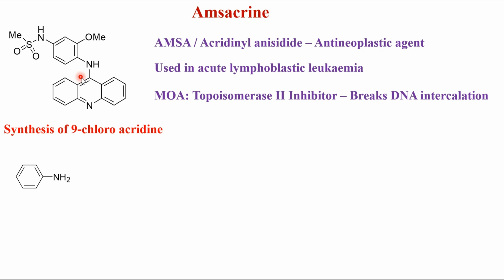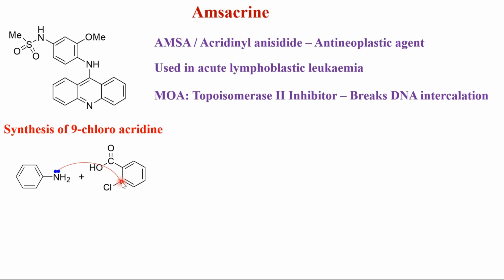I can break this molecule like this. This part, what will I have? This is a phenyl group with amino group attached to it. That's why I can take aniline as a starting material. And this part, which is over here, I'll take orthochlorobenzoic acid. Now, when I heat together, this chlorine is electron